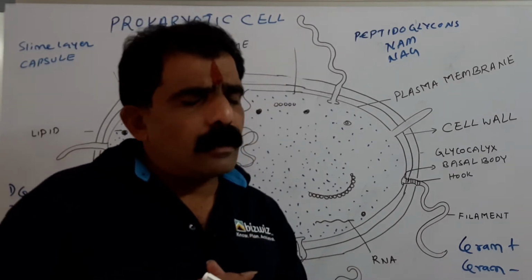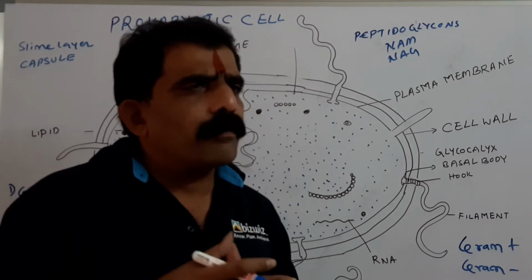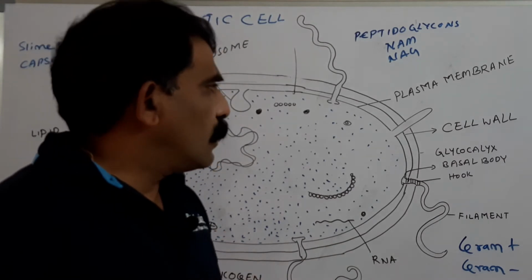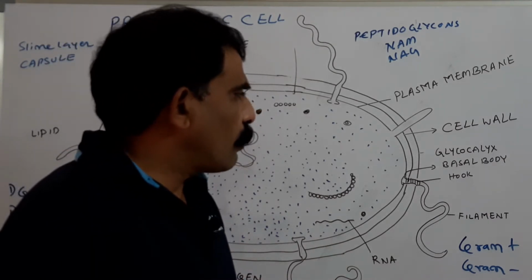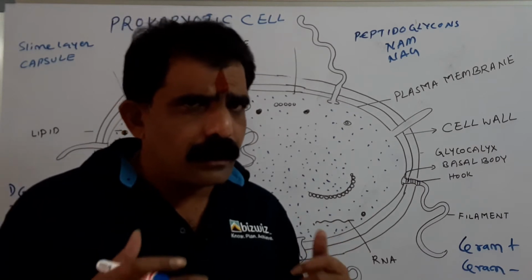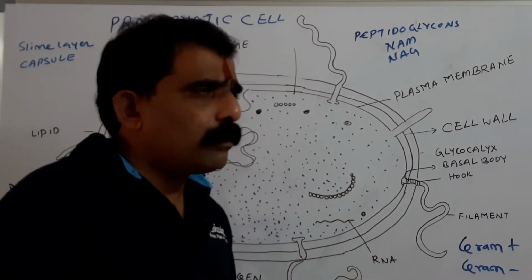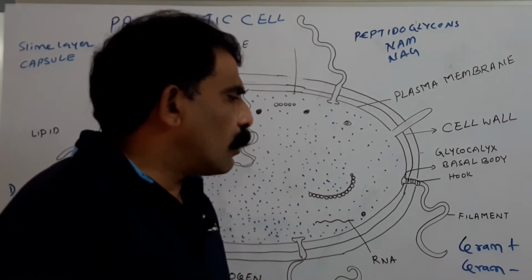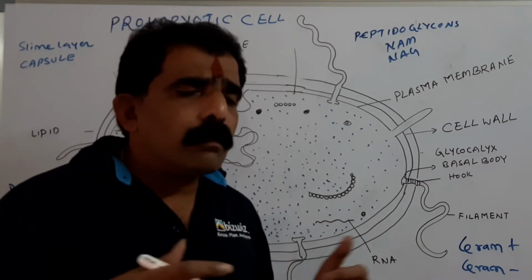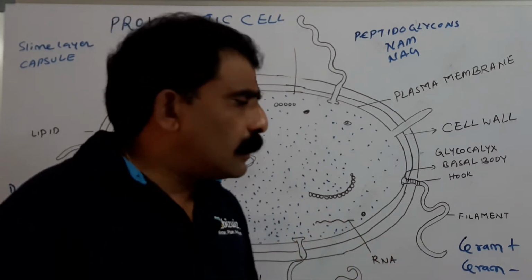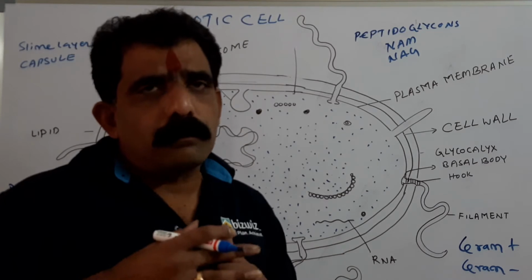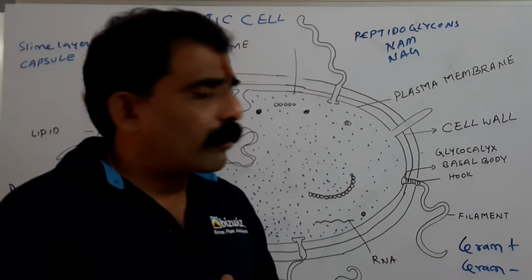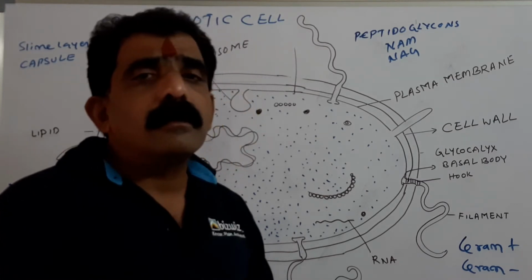Whereas the gram positive bacteria look purple color. So that is the gram staining technique that we will discuss in another topic. Depending on the gram staining, bacteria can be differentiated into two types, gram positive and gram negative. So some differences are there in the cell wall composition. Gram positive bacteria consist of more peptidoglycans, whereas the gram negative bacteria consist of less peptidoglycans. And gram positive bacteria cell wall is thick, whereas the gram negative bacteria cell wall is thin.